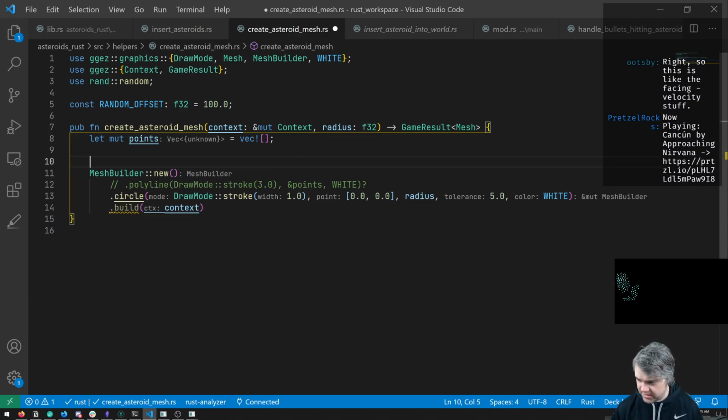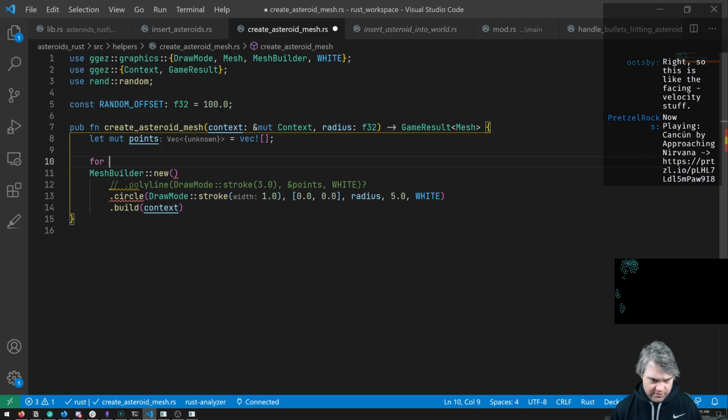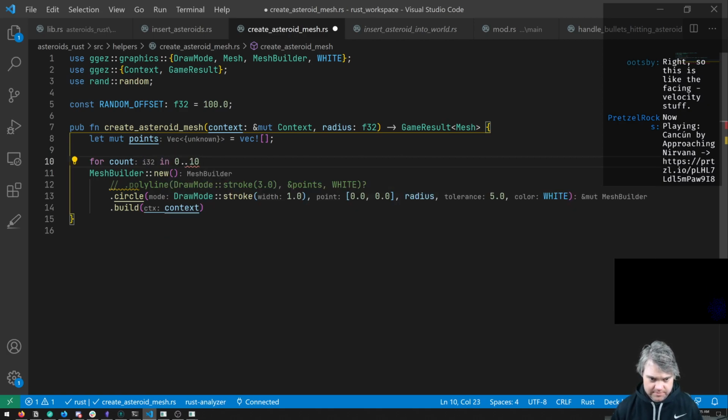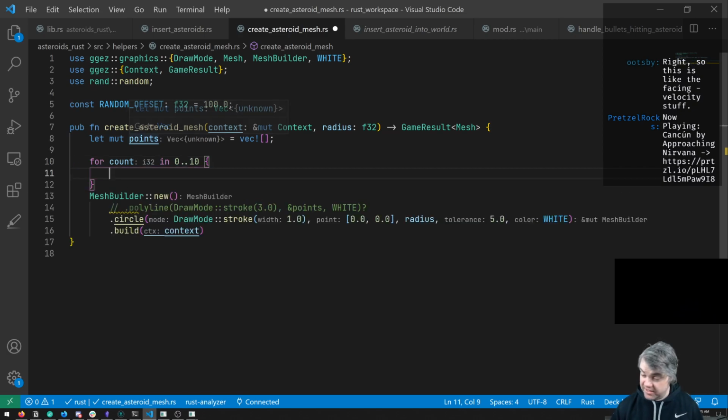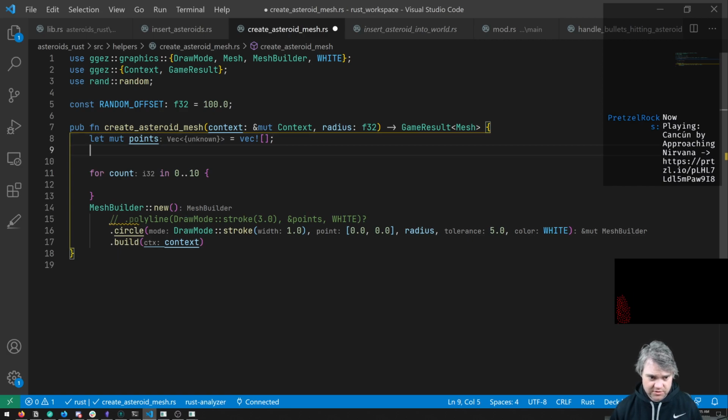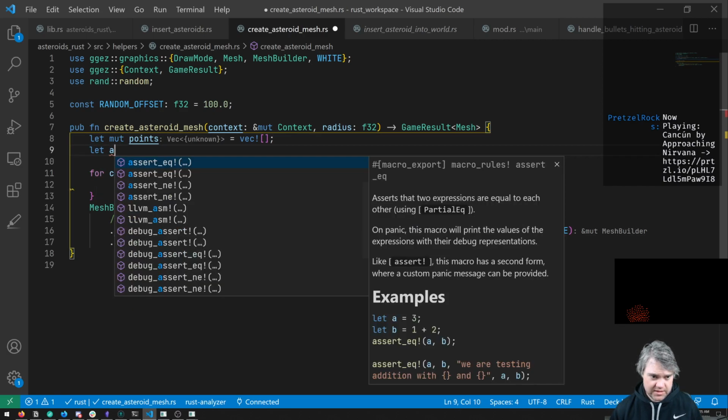So let's first do for, do I care about the number? I probably care about the index or the count in these. In 0 dot dot, let's do 10 of them first. Then for each of these points, I want to calculate the angles. And then from the angles, okay, so we're going to do